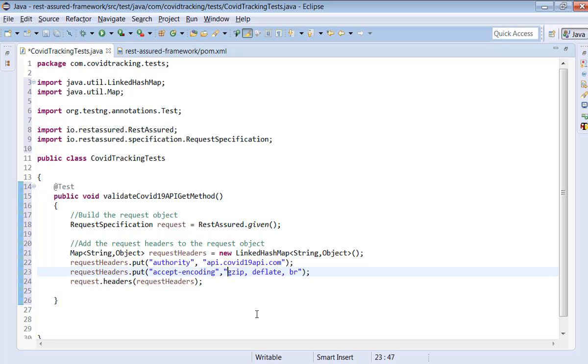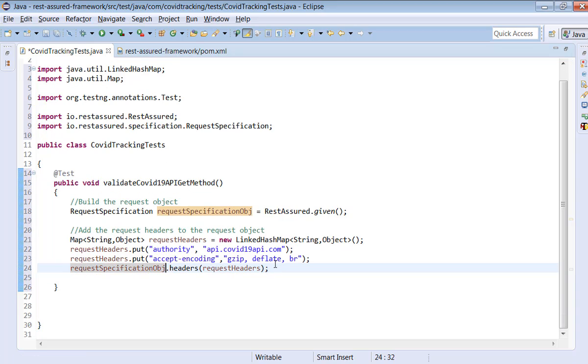Okay, that's it. Now we are done with adding the request headers to the request object. Let me name it request specification object, easy for us to relate as well. Request specification object. Okay.